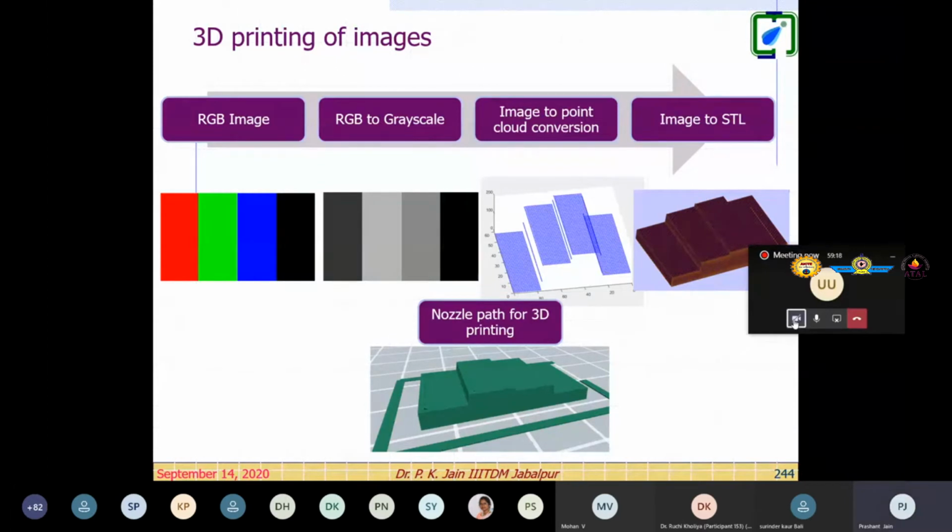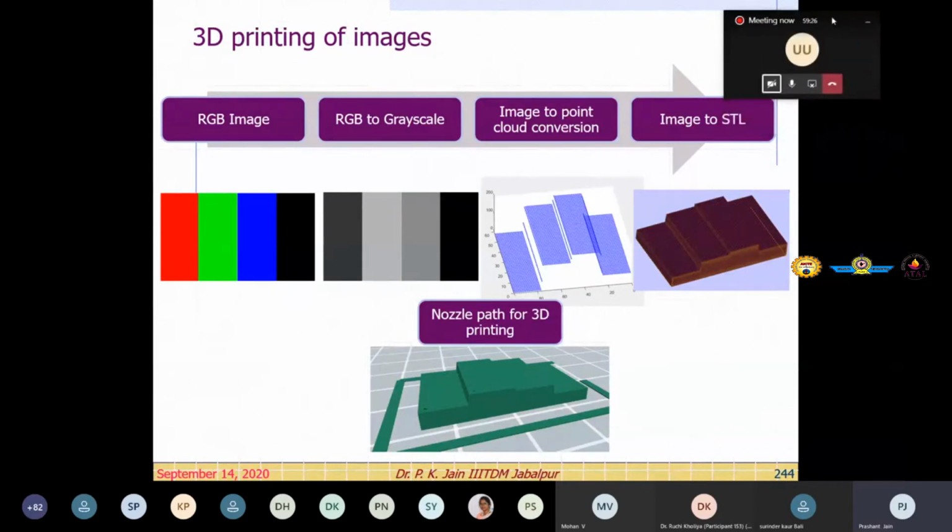Right? So you look at this, what we did in this study of 3D printing. Since we are meeting virtually, I cannot show you many models which we have created based on this method, right? So RGB, grayscale, and what we did, we converted this into the point cloud data. Based on the grayscale value, we have added the third axis to the pixel, right? Pixel have the XY value, and now we have given it the Z axis, right? So you see this image has been converted into the stair steps. You can see like this, right?